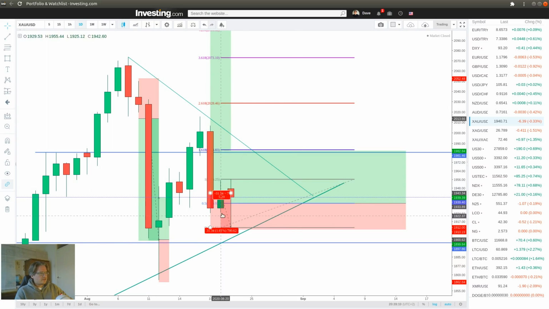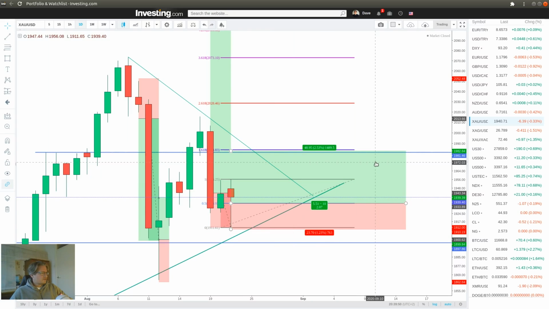Here we also have a fake out pattern. We have this strong down candle, and then we have this inside candle that formed within this candle, and then the next candle we had this pin bar that just fakes out all the stops below here, including mine, and now it looks as if it's going to go higher again. So I'm going to target at least this level right here, this support or resistance area, and it also coincides with the Fibonacci level that I measure from this pin bar.